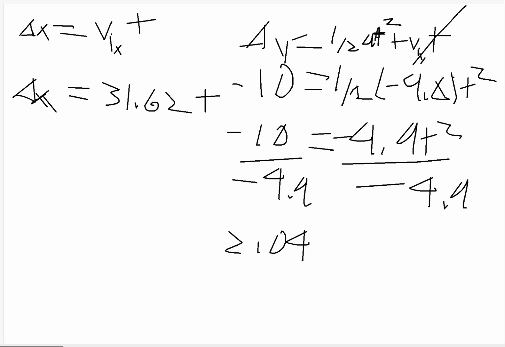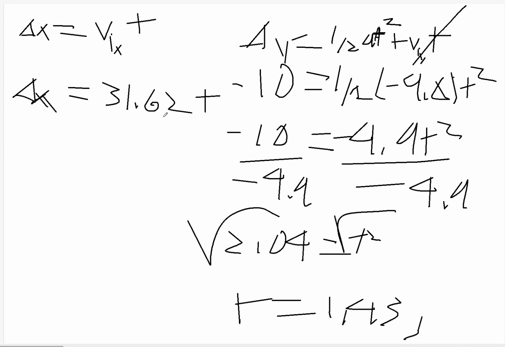The 10 previously is actually negative 10 since we're moving downwards. So negative divided by negative, we get 2.04 is equal to t squared. Square root both sides, we are left with t. Time is equal to